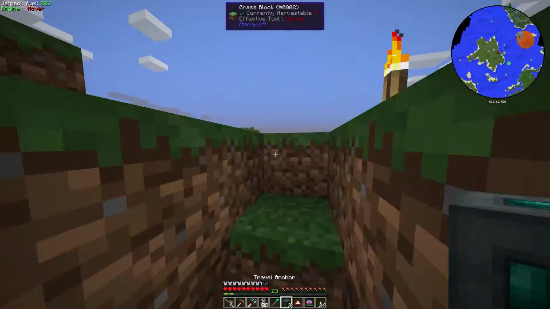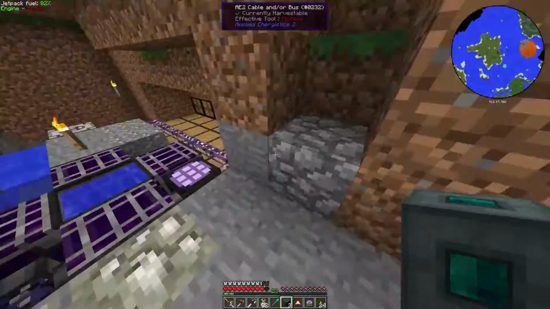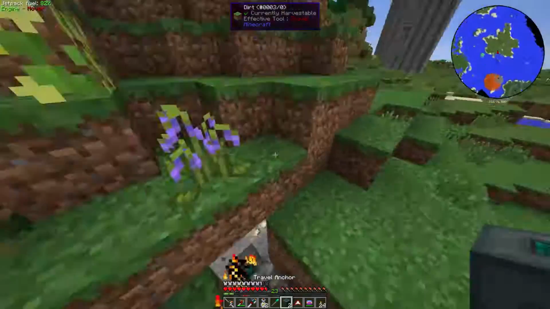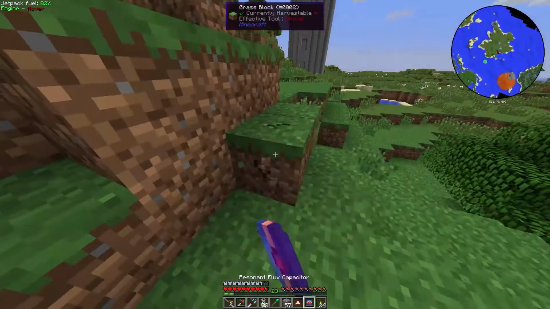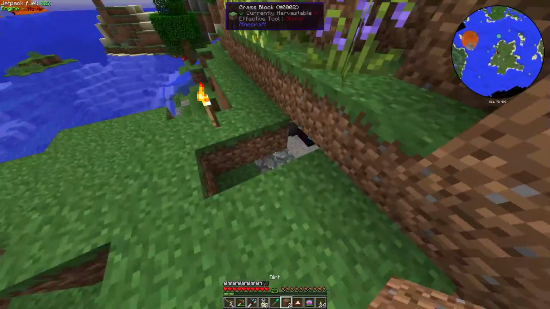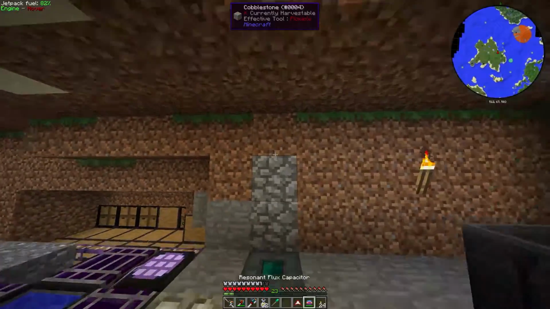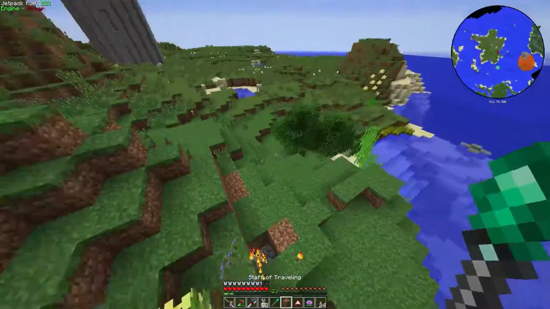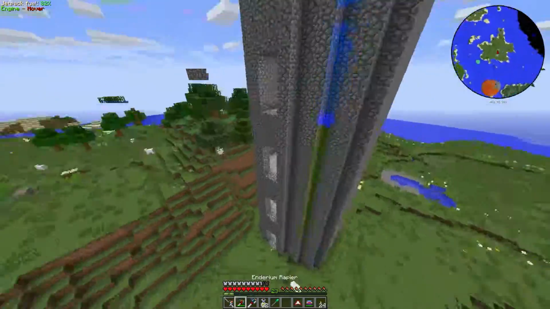Whatever. Alright, so first we're going to want to place one at our house so that we never have to dig in here. That'll make things much better in a lot of situations. So let me just mine this dirt real quick. Okay, so now we can just teleport directly to it. And if I just dig out real quick,